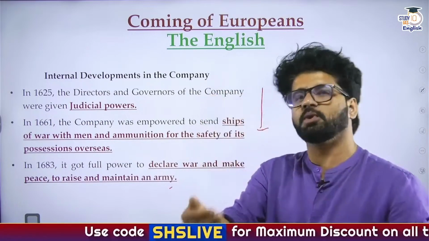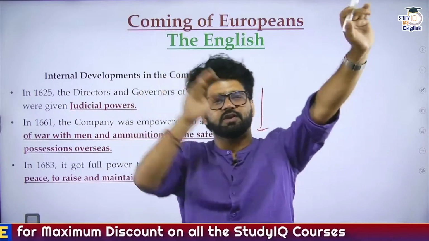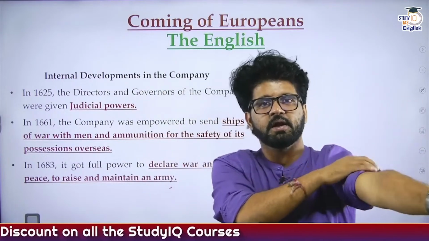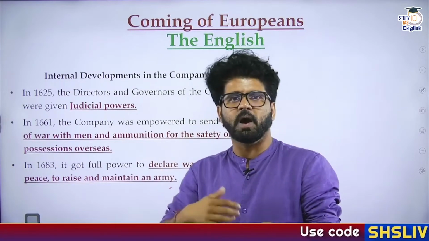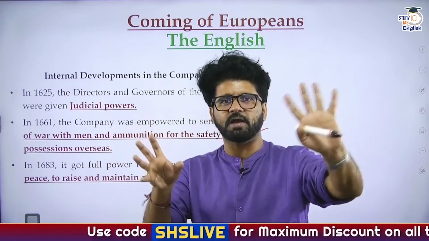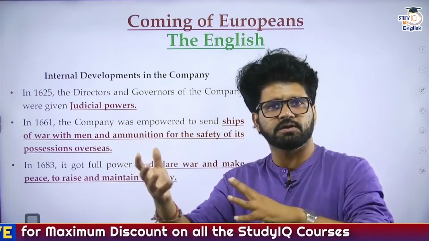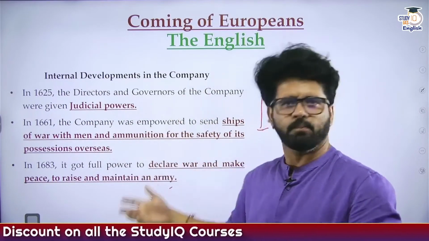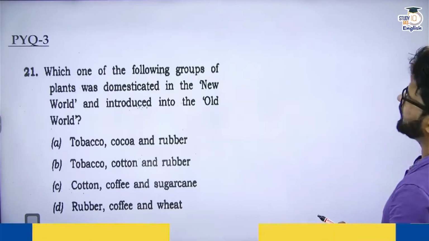So the power is gradually increasing because the English Crown is realizing that they had underestimated the English EIC. They are very good when it comes to capturing territories and ruling over them. So they're like, okay, let's give them more power, more authority. If they're ruling more, maybe they will send us more tax. And if we are investing in their shares, maybe we'll earn more. So let's give more power to the English company and their directors. That is what is happening here.